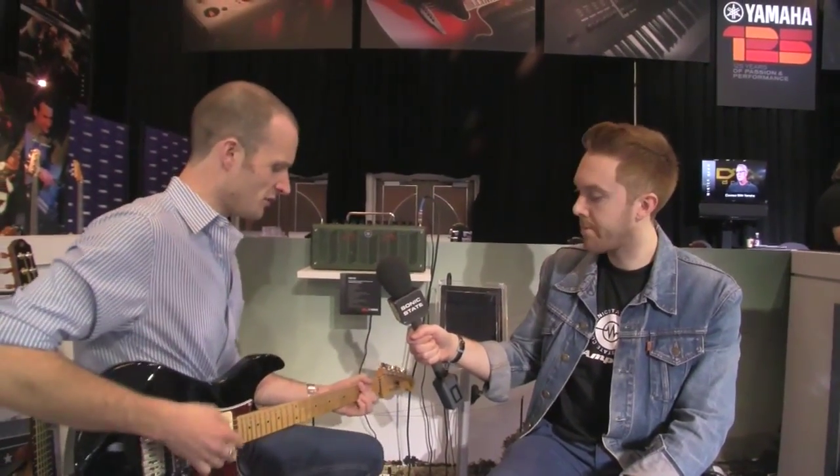So in terms of high gain capabilities then, can you get like a British 70s sound? Yeah, what we've got in there is a couple of different European sounds, right from the classic rock 70s high gain sounds up to the real modern, super saturated stuff. So we go from an EL34 rhythm sound, which is a little dark and smooth, but you've got